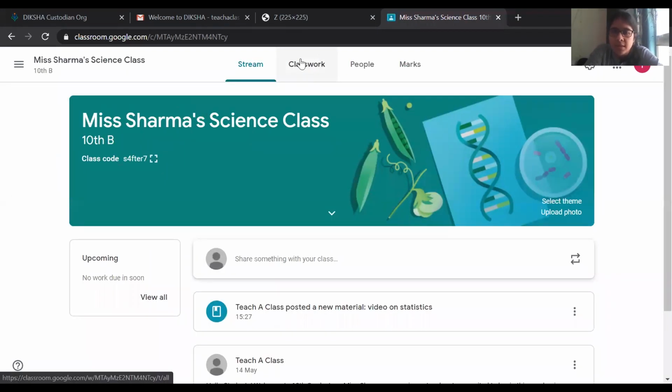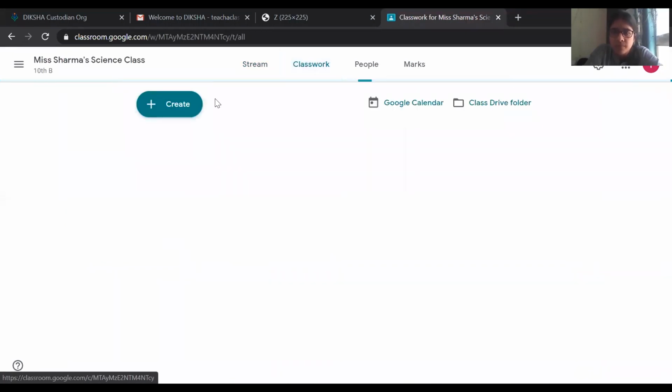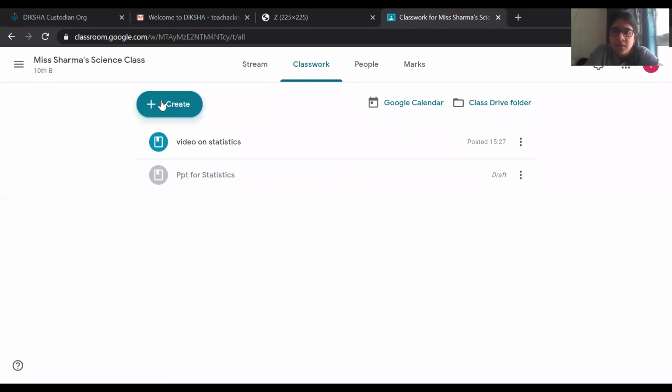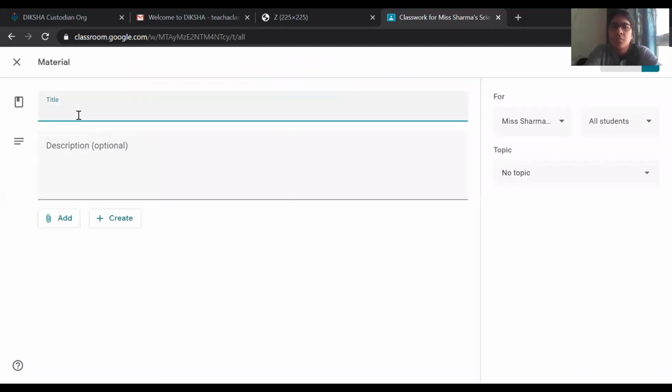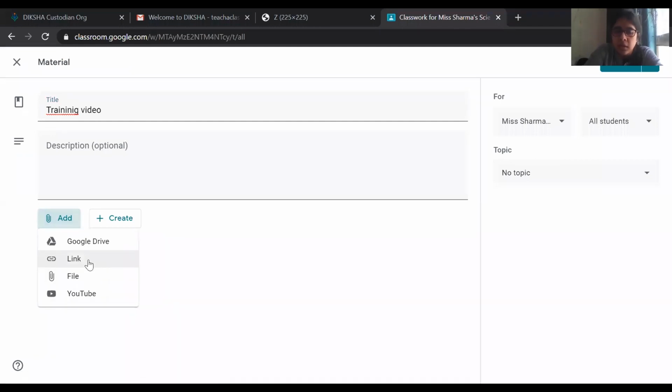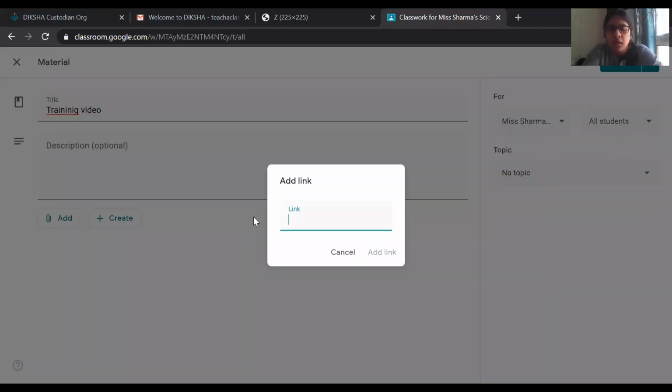Over here, I can see the classwork tab. I'll just click on classwork. Then I can just create material. I can put training video and I can click on add, click on link, and over here right click and paste and add link.